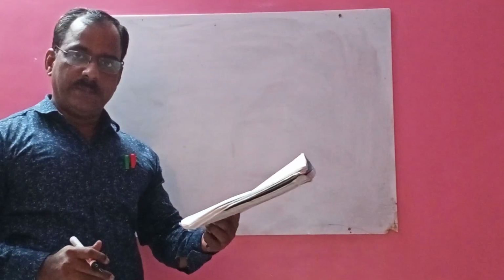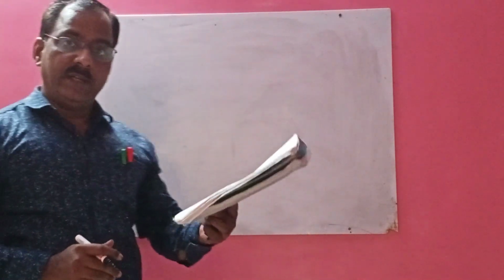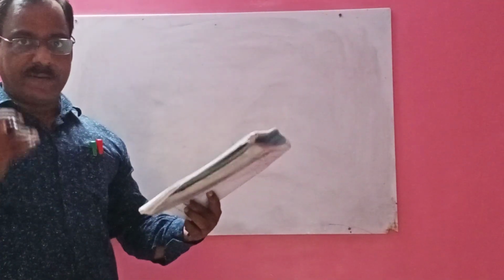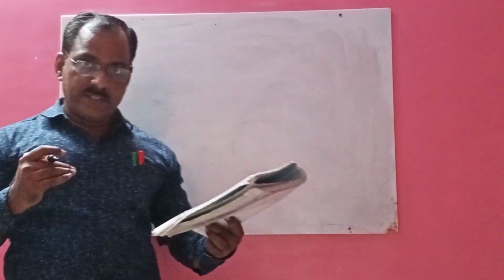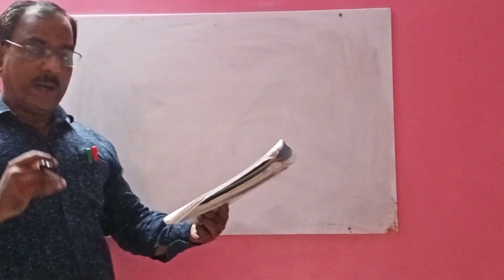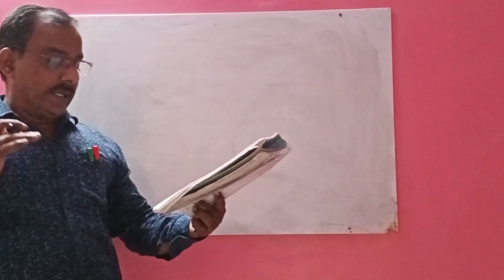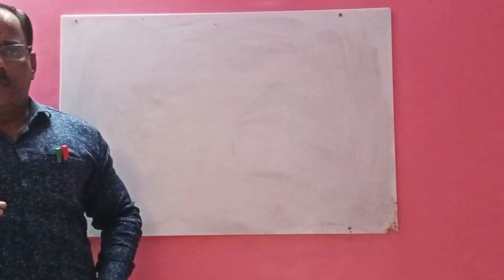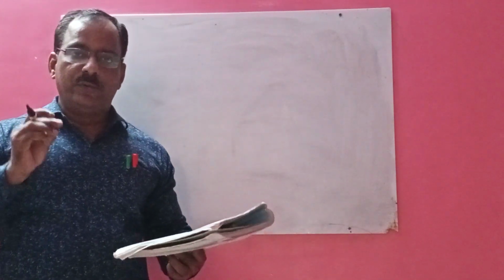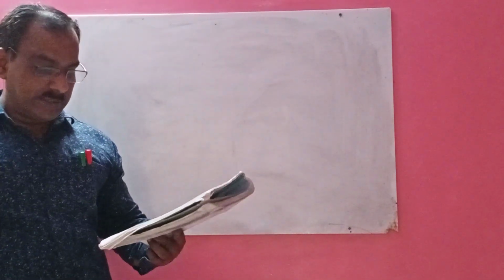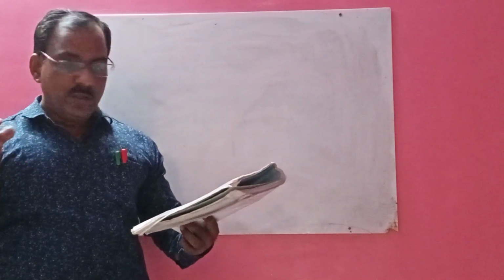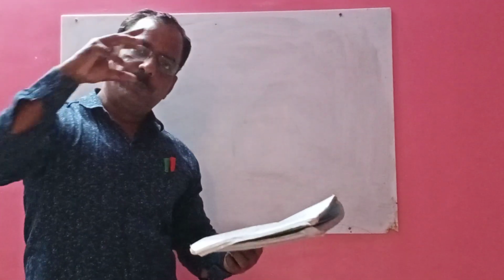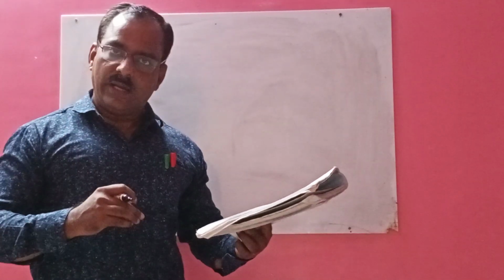So children, now question number 5. See what is given here, tan theta is given, and we have to find out the value of this fraction, sin theta plus cos theta upon sec theta plus cosec theta. So what we will do here, first we will find out the values of sin theta, then cos theta, then sec theta and cosec theta. After getting the values of all these, we will put them in this fraction and we'll get our answer.